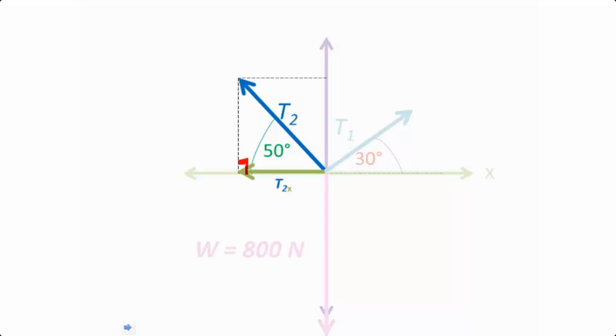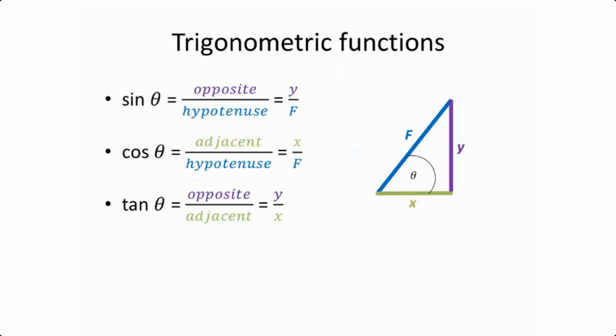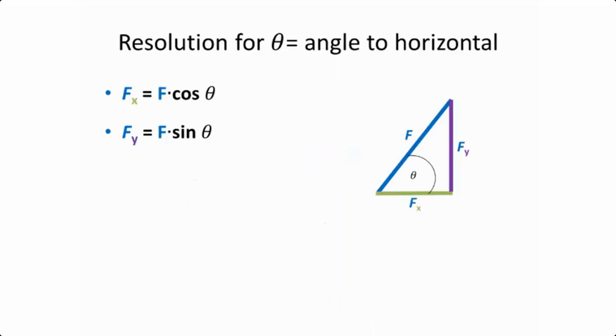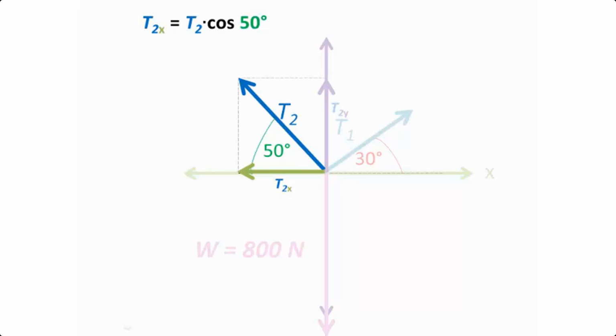Put in another construction line such that that is a right angle, and that gives us the vertical component of T2. Remember our trig functions, and remember these formulae for resolving a vector into its components as the angle is to the horizontal. So we start by finding the horizontal component of T2. That's equal to T2 multiplied by cos 50. Put cos 50 on your calculator. You find the answer is